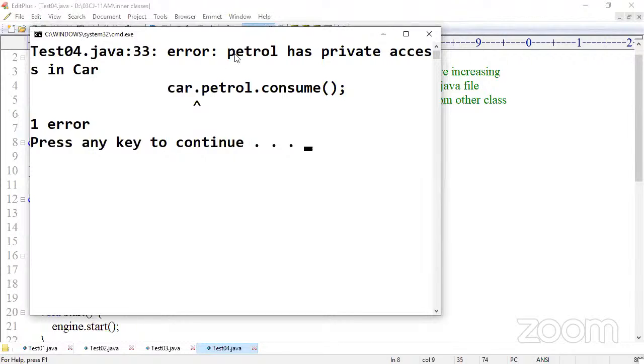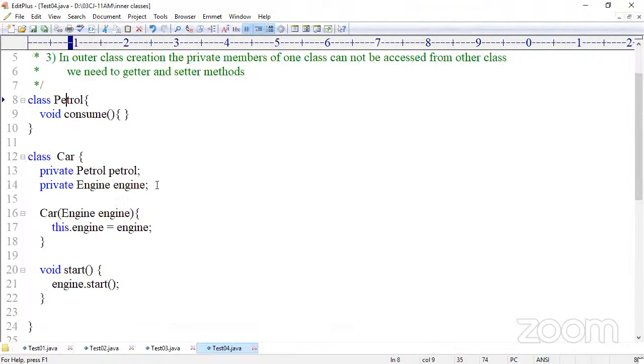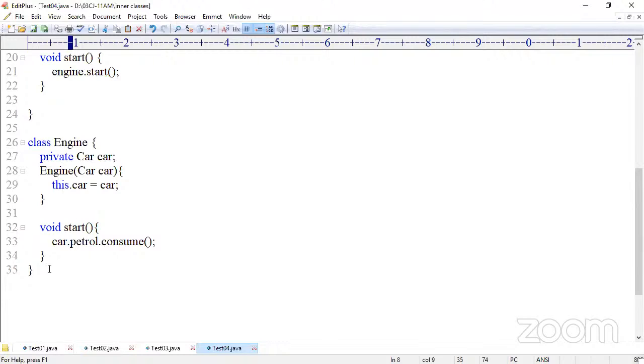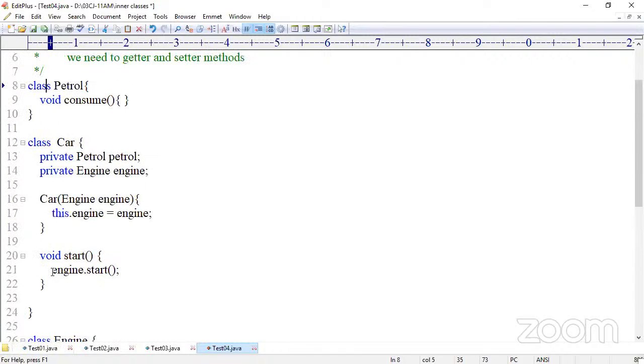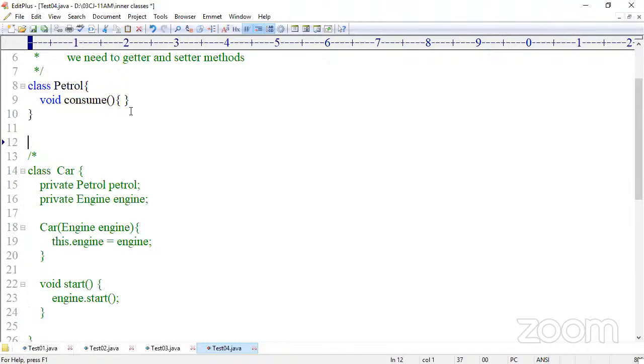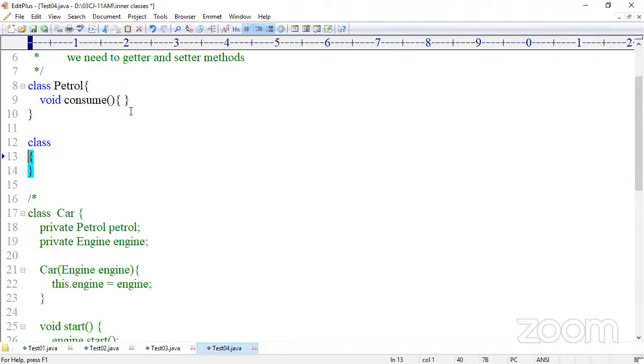And look at there, petrol has a private access in car. Now this is a lot of wiring code and a problem with outer class. Now the same program I am trying to develop with inner class. Look at here how simplified the code will be. Same code I am developing with inner class car,